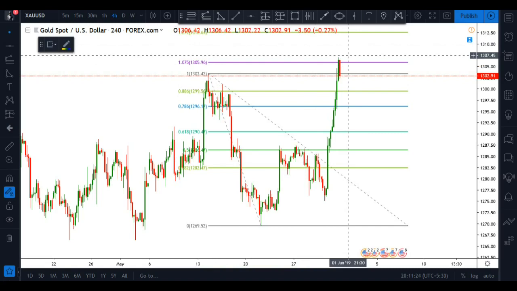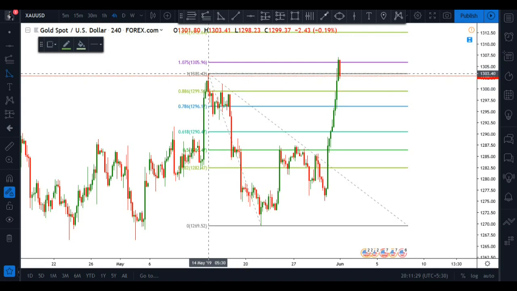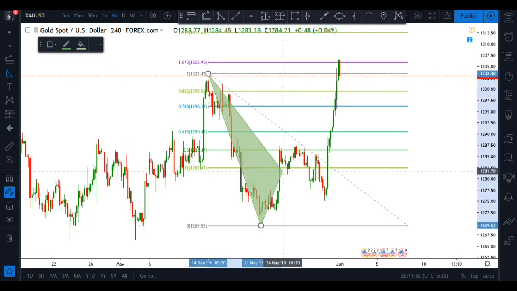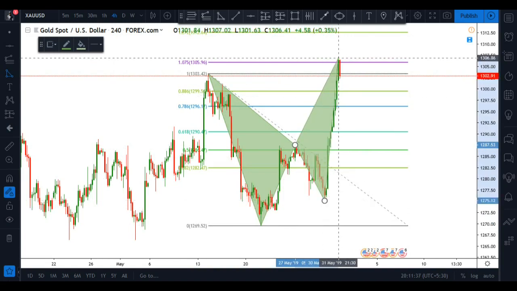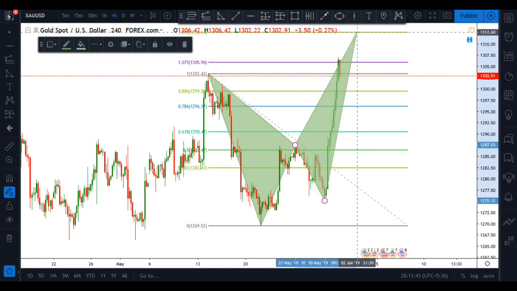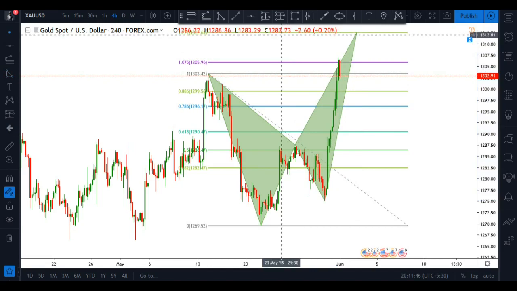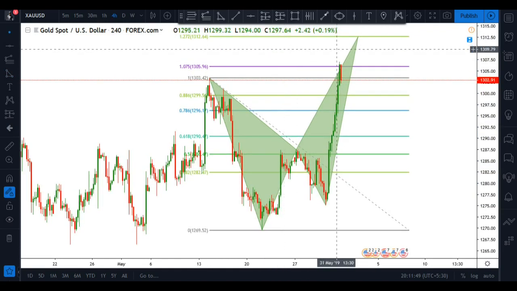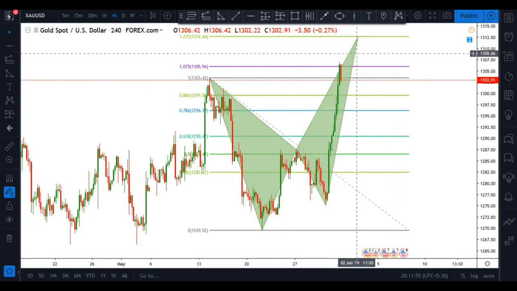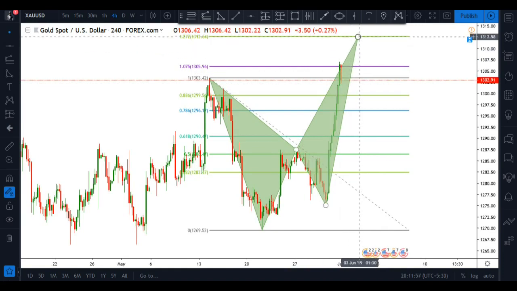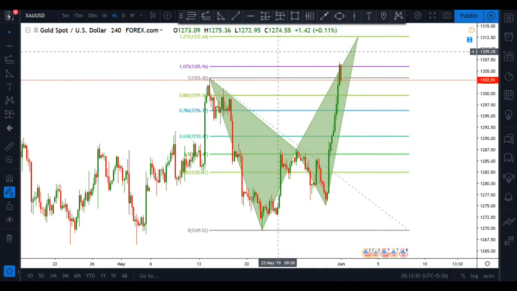And we can totally go to the downside from this point, and let me draw in this butterfly pattern for you. And this is the butterfly pattern that is available at the moment, and it's probable that this market might go to this 127 extension level because that is the normal way of completing the butterfly pattern. And if we reach this 127 extension level, we can aggressively enter the market to go short, and our targets will be